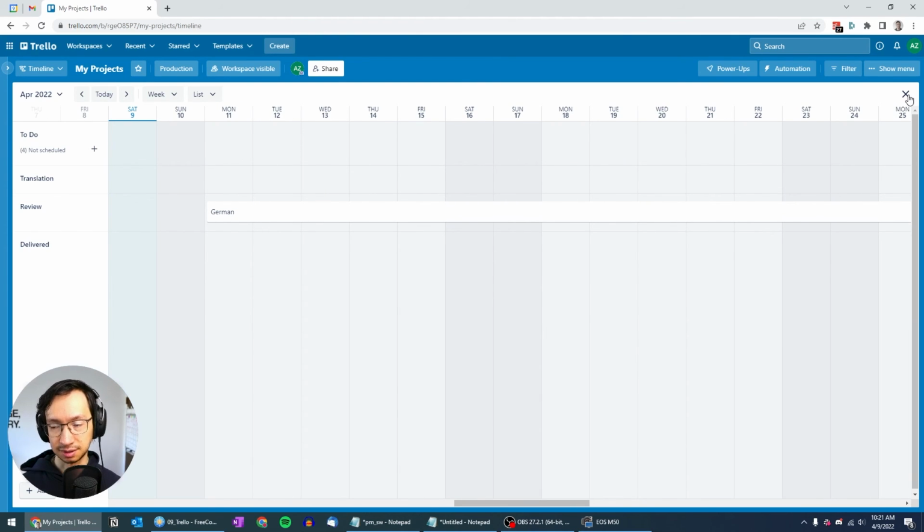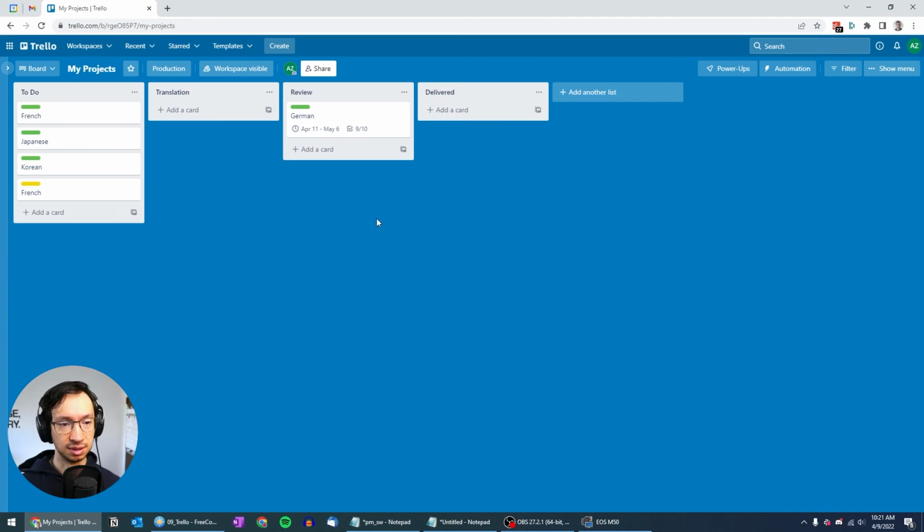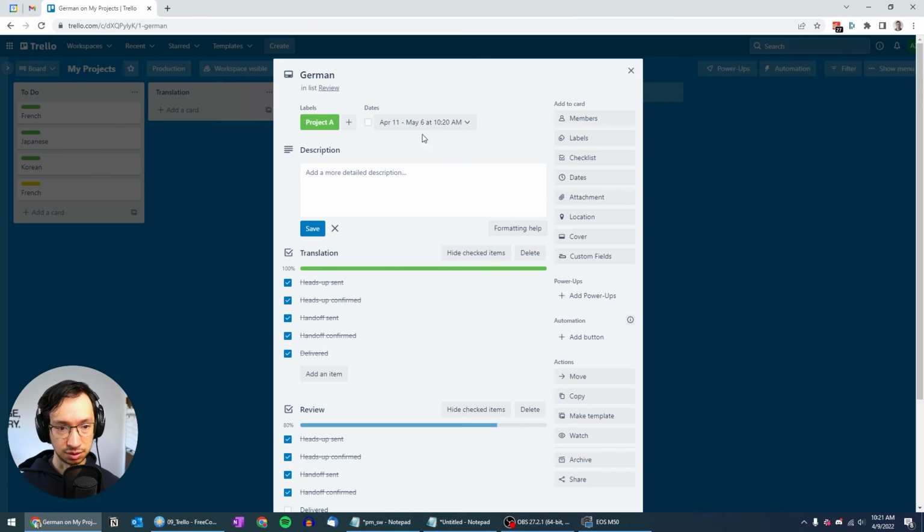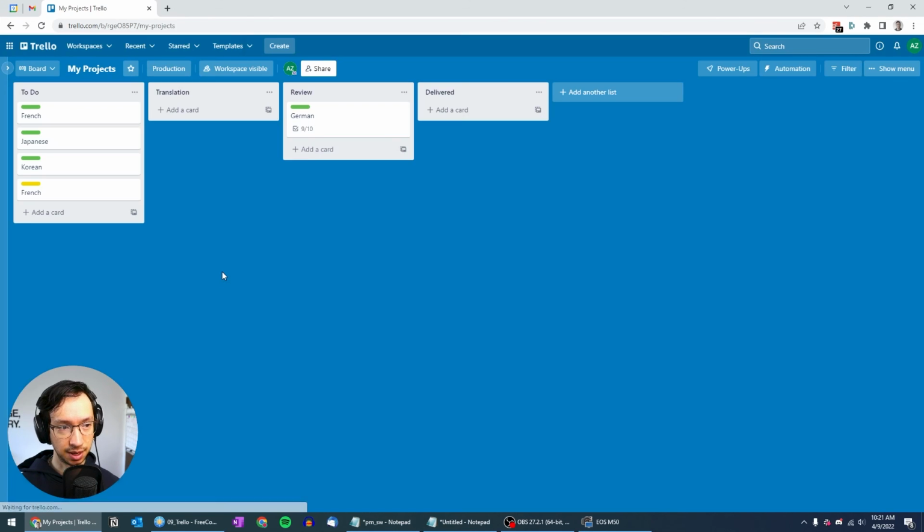But this is not that useful because in most cases, at least based on my experience, you want to have all of the languages run pretty much in parallel and handle the whole project at the same time. So I'm going to actually get rid of the date. And the way we can sort of hack this, if we want to have that information about when we are running translation, when we are running review, and when we are running delivery, is we can add kind of like